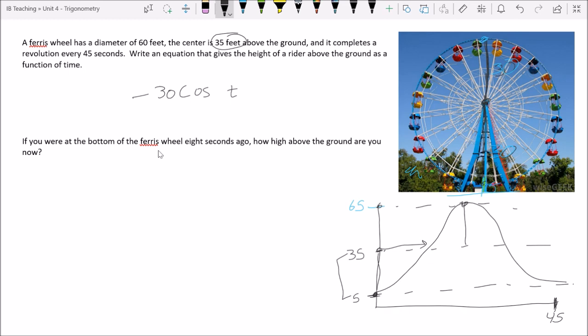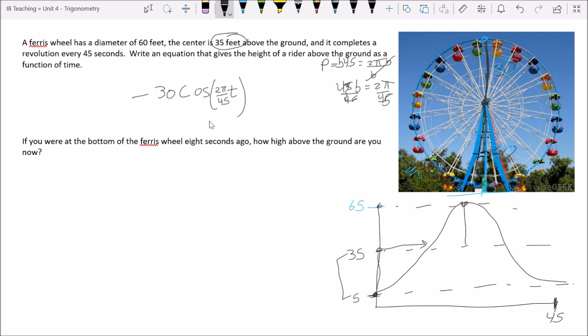And how do we manipulate that? Let's see. We know from this prompt that the period is 45. The period is equal to 2 pi over b. We're looking for b to write it in this equation. Let's multiply by b. So we get 45b equals 2 pi. Divide by 45. And there you go. There's b. So then we get 2 pi over 45